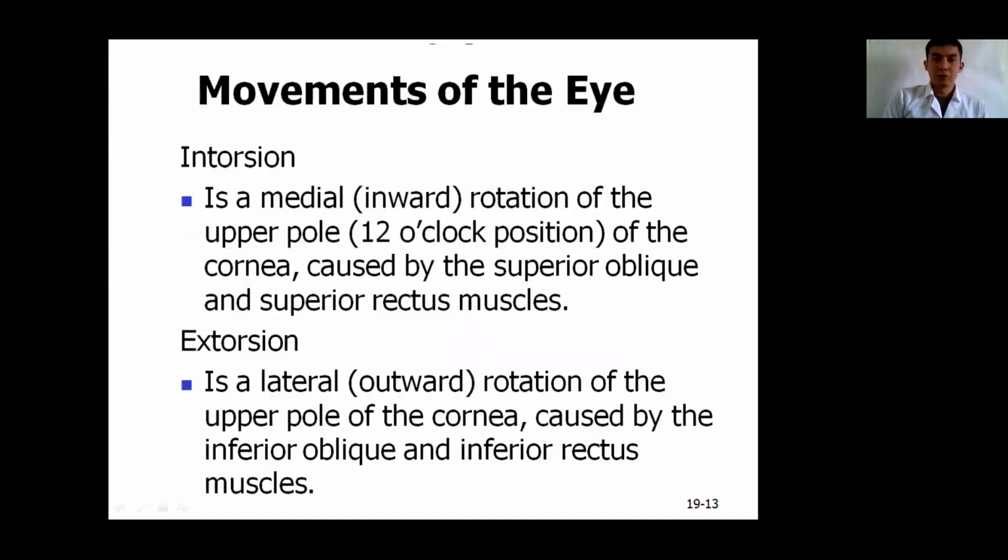We will talk about muscles of the eye. Before muscles, first of all, I would give you information about the movements of the eye. We can distinguish two types of movements: intorsion and extorsion. Also, you may find in your books information about some other types of movements, such as adduction, abduction, elevation, depression, rotation to inside, rotation to outside, and